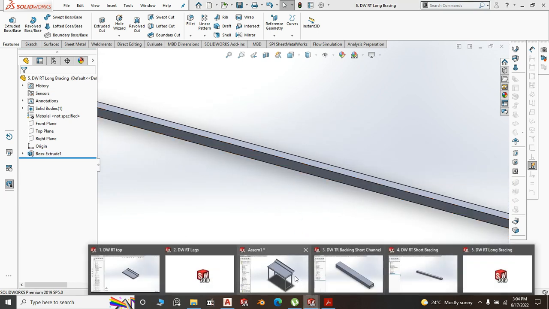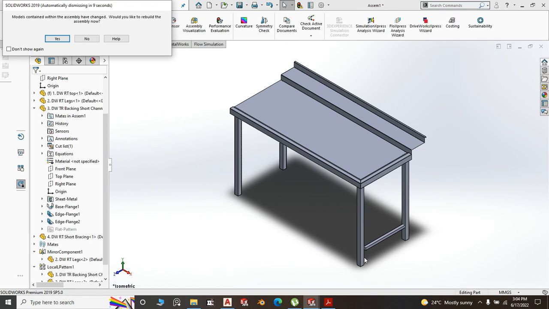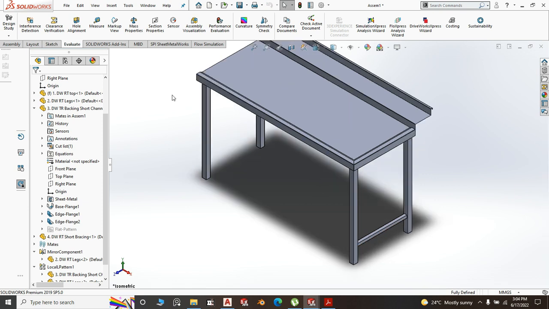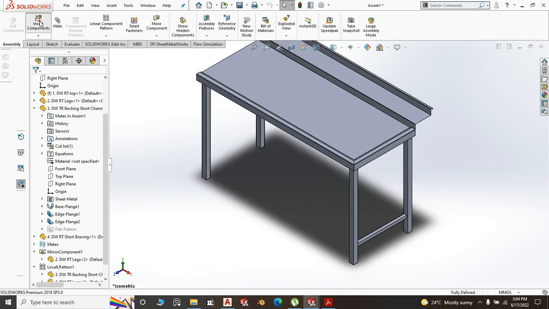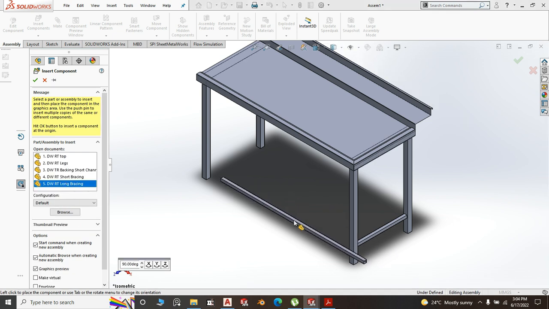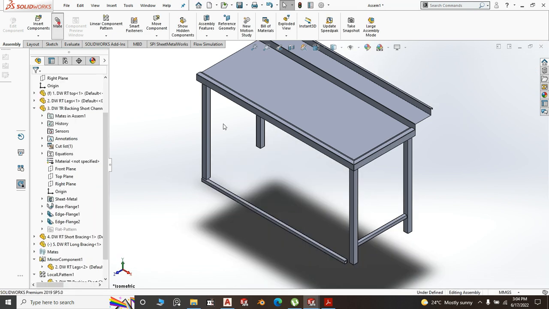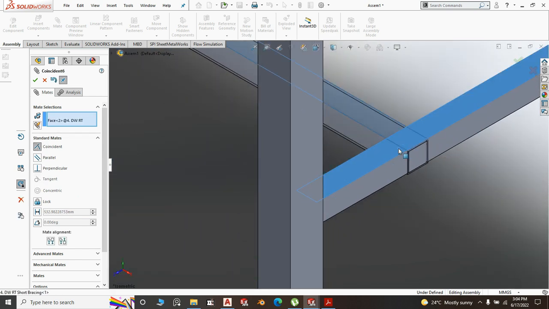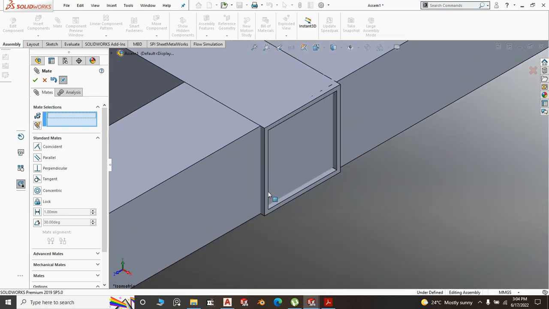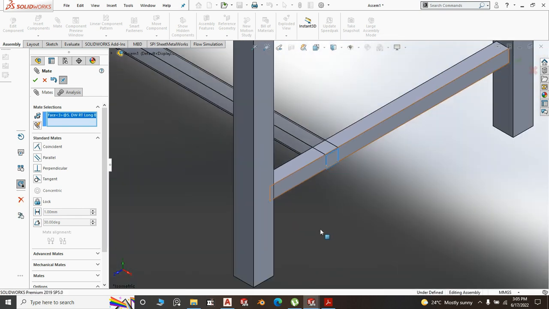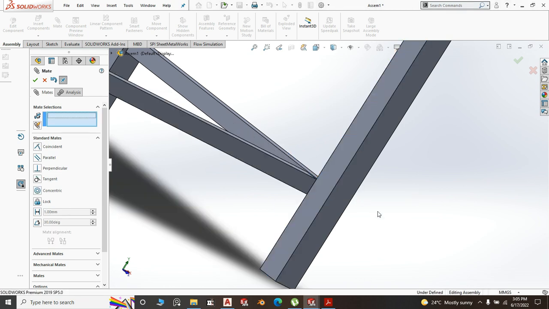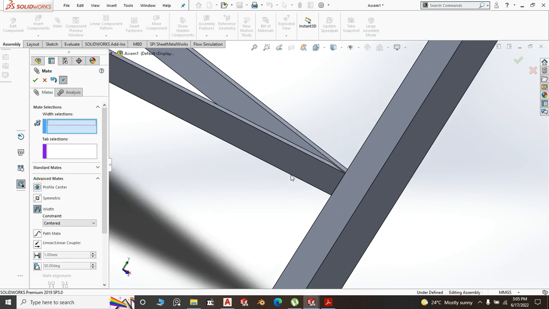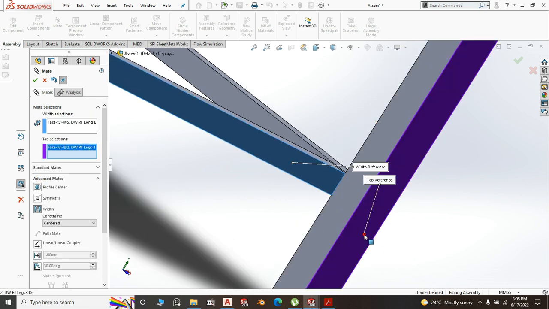So with that done, we go to our assembly, sorry, and insert component, long bracing. That is good. Mate component, this face and this face, then this face and this face. Then we go to width, advanced width, this, then this,